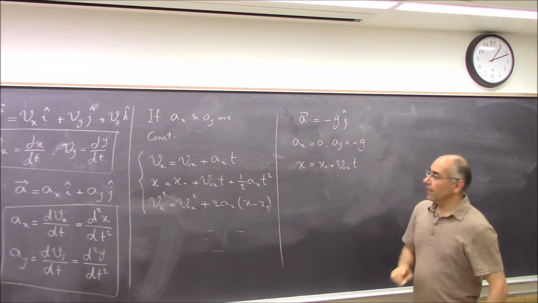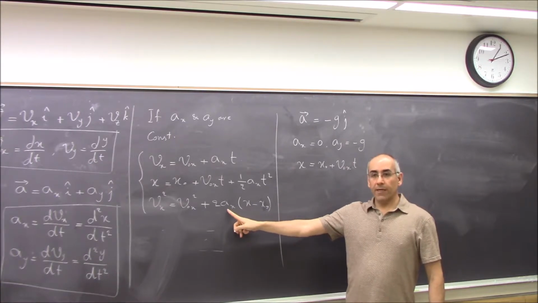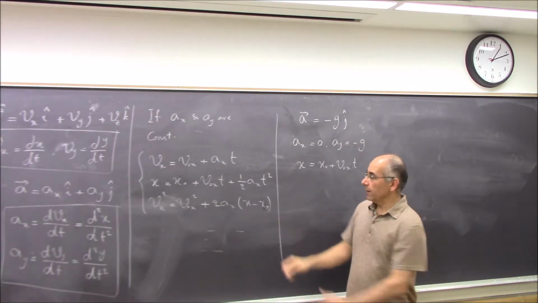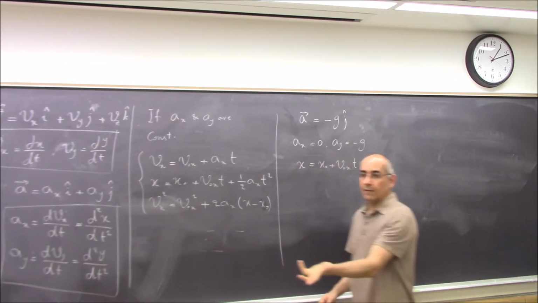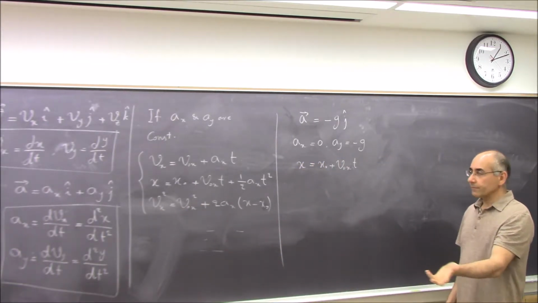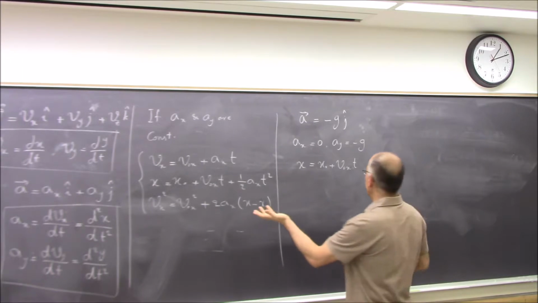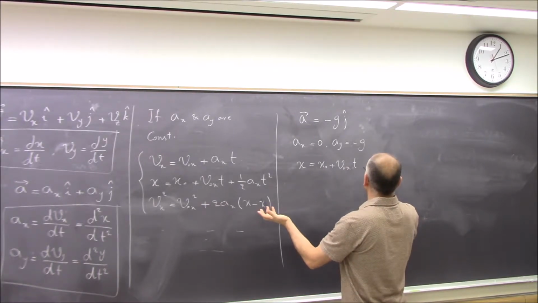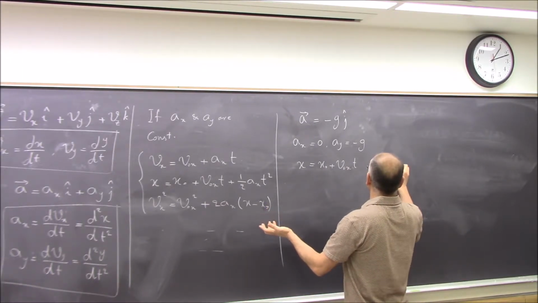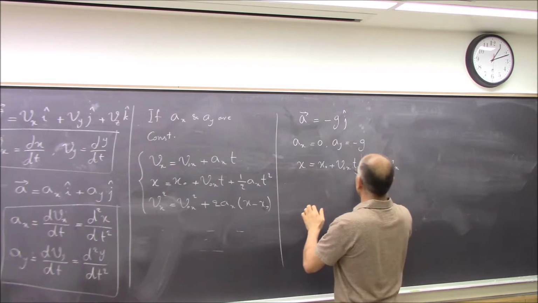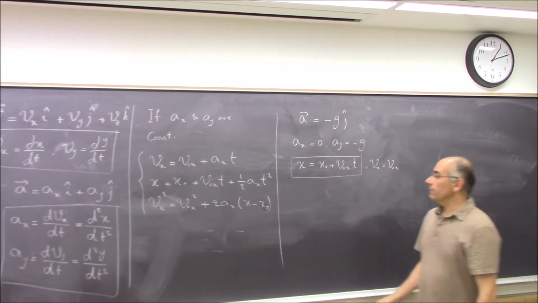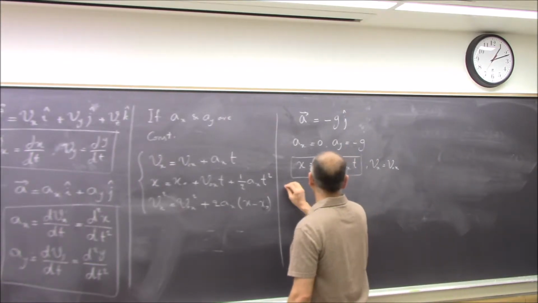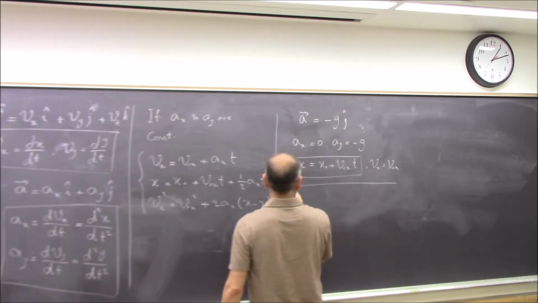And if you put ax equal to 0 here, again, this term goes away. You have vx equal to v naught x. So it doesn't give you anything else. And then we have only this equation for the x direction. And then because ay is negative g in the y direction,